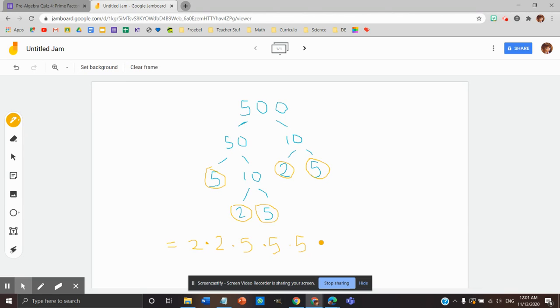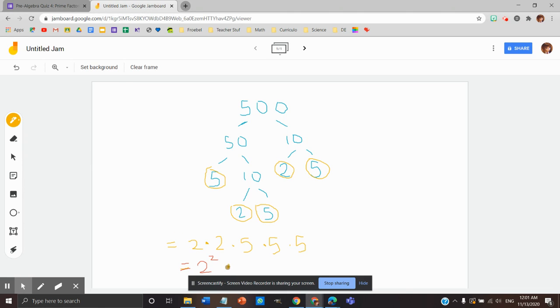Now, the instruction says express it in exponential notation, and this is not in exponential notation. I can simplify this. Remember that we always try to simplify. And the way that I could do this, I'm going to take another color. I have 2. It is my base. And how many times is it being multiplied? 1 and 2. So it's going to go to my second power. I can also call it squared, right? So it's 2 squared, or 2 to the second power,